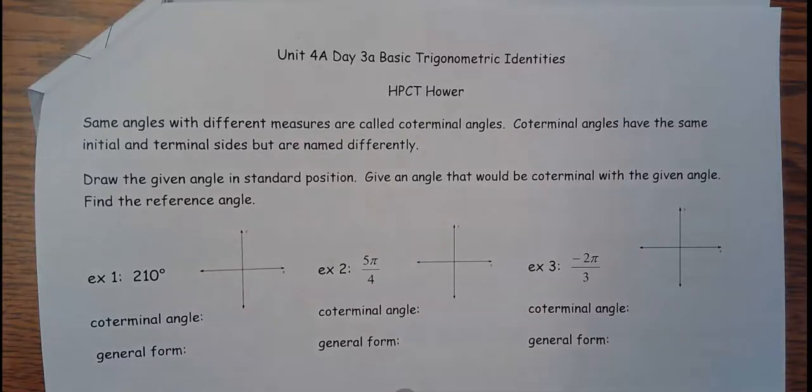Okay, let's do Unit 4A, Day 3A, basic trigonometric, if I can say that right, identities. So today we're going to look at some coterminal angles. We're going to look at a Pythagorean identity, and then on the back we're going to look at some other identities that